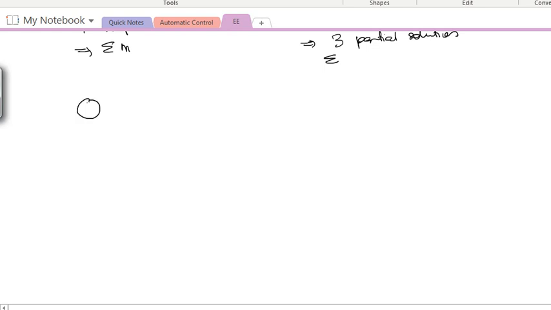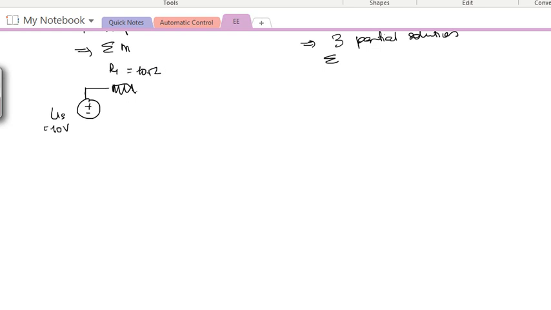So imagine you have a voltage supply US, which is equal to 10 volts on one side. You have a resistance R1 equal to 10 ohms here, connected to another resistance R2 equal to 5 ohms, and then